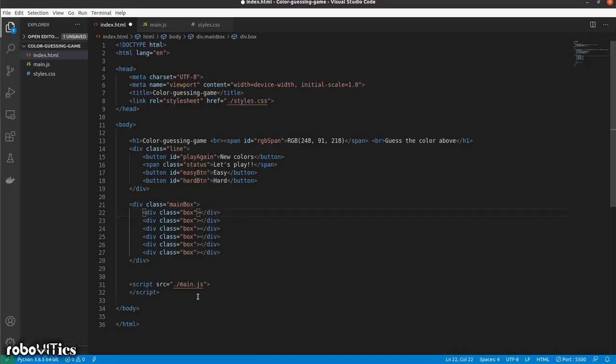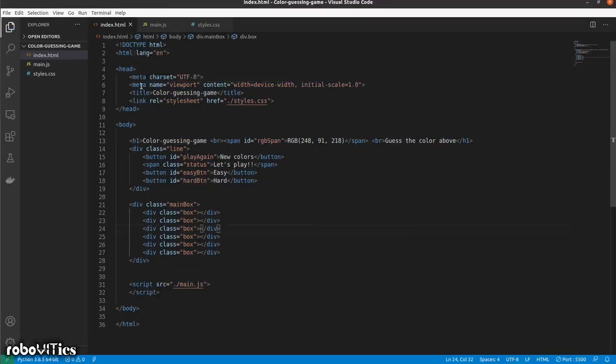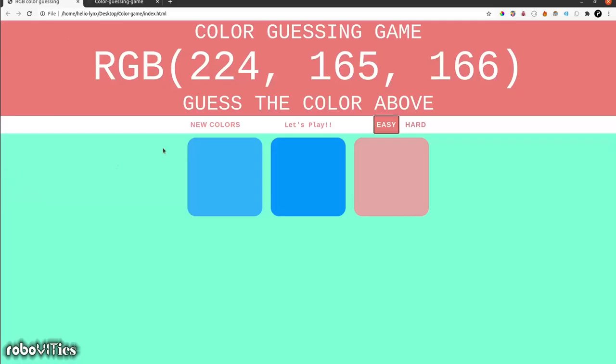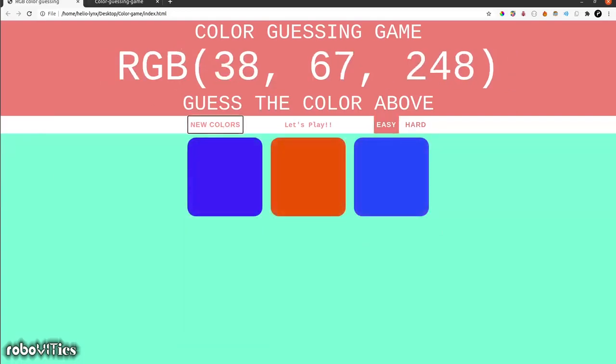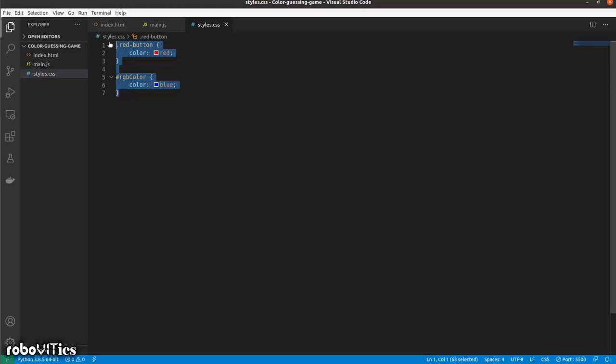So now that we are done with our main HTML page and kind of understood how exactly stuff works here, let's go on to our styles.css and stylize our entire page so that it somehow looks like this. So the first thing that we are going to do, let's go back to our color guessing game, and it still looks plain right now. So I'll just remove this from here and we can start. So in our styles.css, we would be selecting specific tags, HTML tags, and the selectors that we made a while back, and we'll be targeting them and stylizing them separately. So let's get started with that.